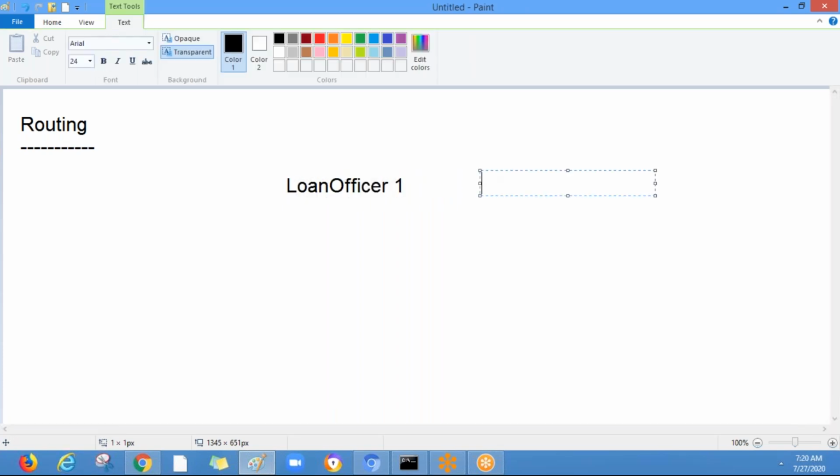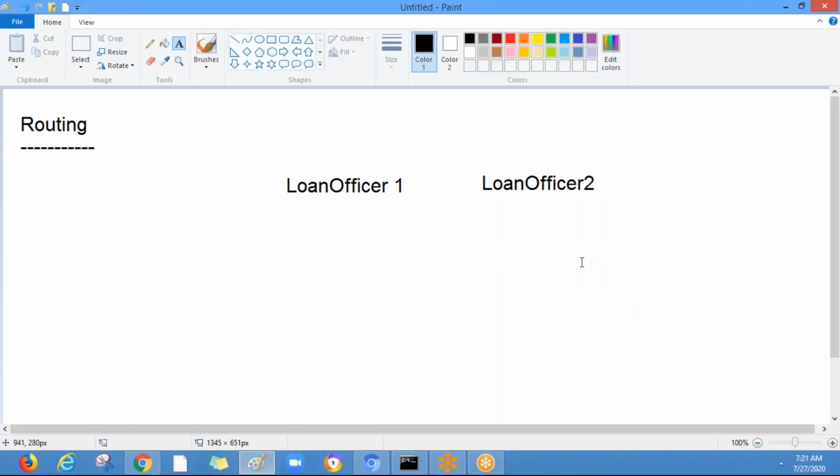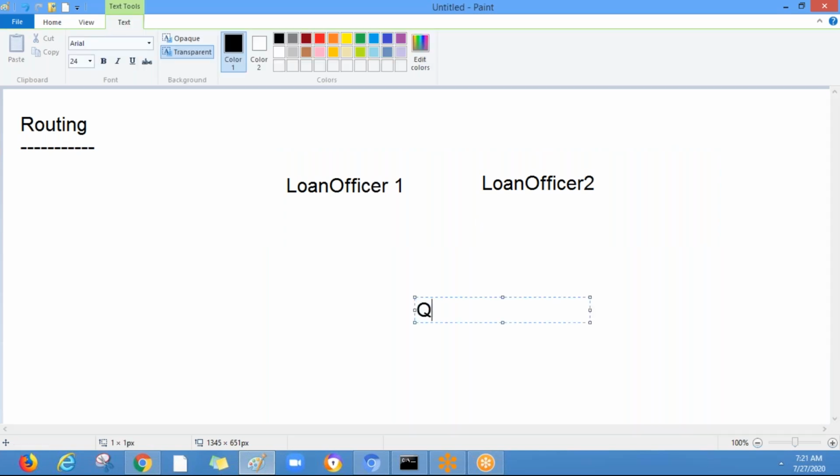These are two different operators we'll be creating. When we route an assignment to both operators, anyone can log in to the application and work on that assignment. That assignment will be available in the queue.